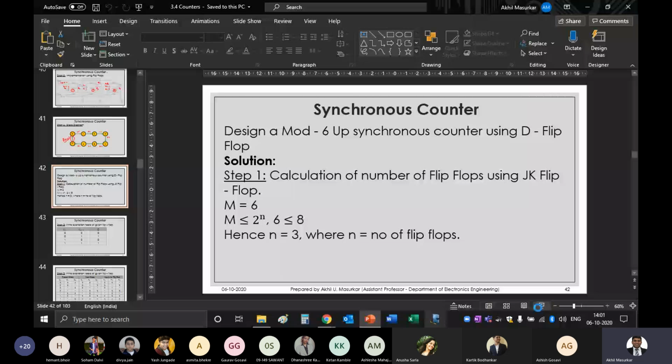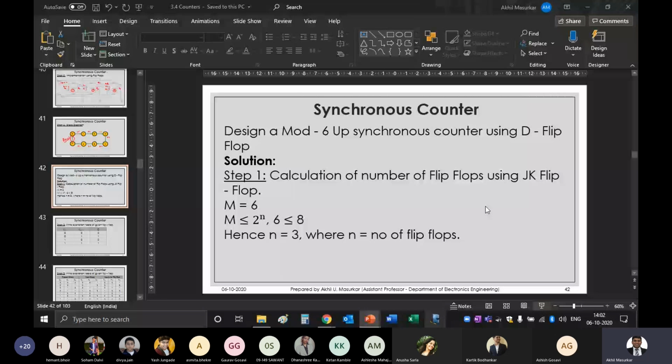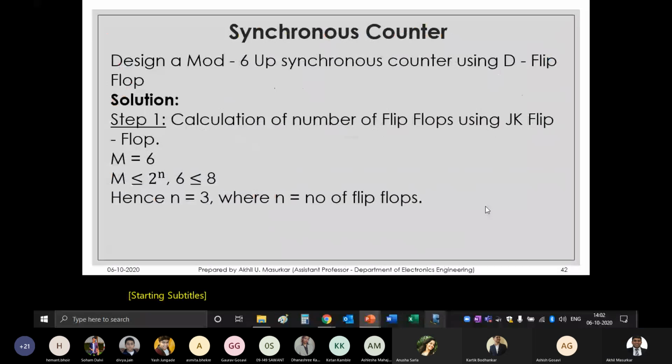So last time we saw a simple counter, and what we'll do today is we'll see slightly different counters and see how we can change the timings or the sequence of counting, because you must have seen these blinking LED lights. They blink in a certain sequence, and the sequence can be changed with the help of a controller. So precisely what I am trying to look at today is